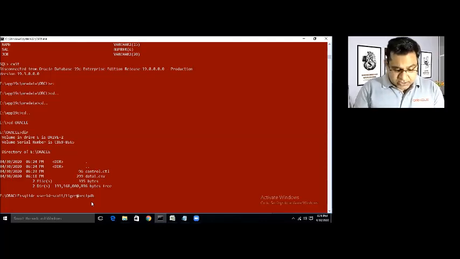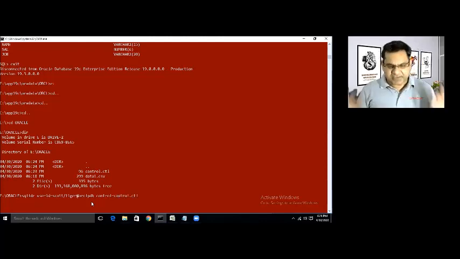Another parameter you have to give is control equals, which means the name of the control file, and that is control.ctl. Perfectly fine, the command is done. SQLLDR, userid equals your username, the password, @ the name of your database. It is required only in the case of 12c, 18c and 19c. Up to Oracle 11g it is not required because you have just a single database, and for a single database you don't need to specify the name of the database. Control equals control.ctl.